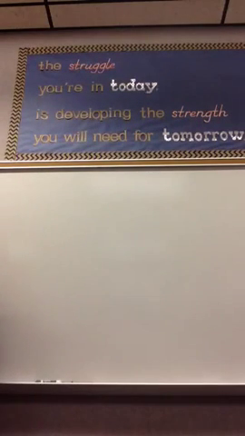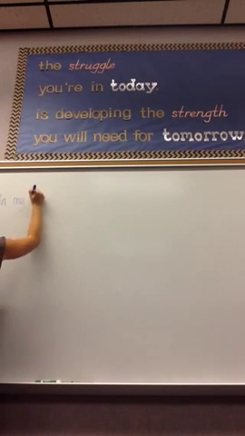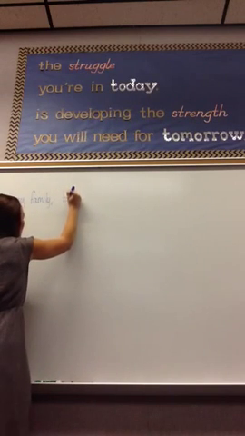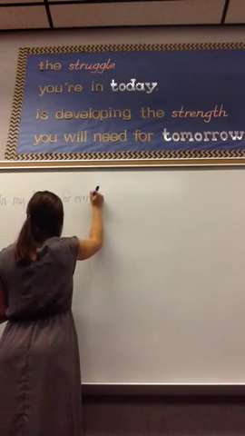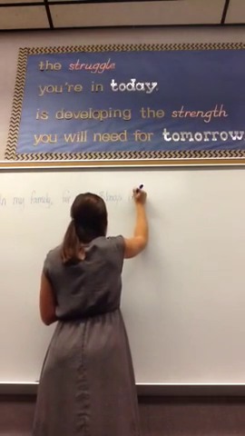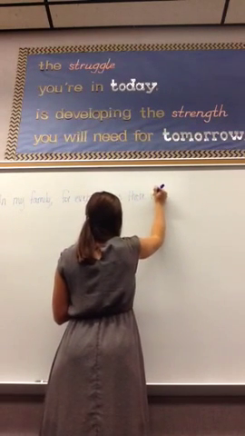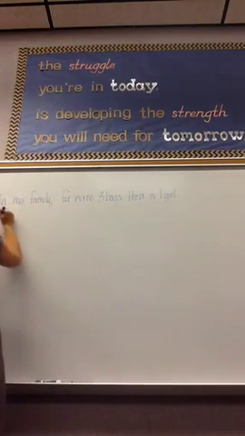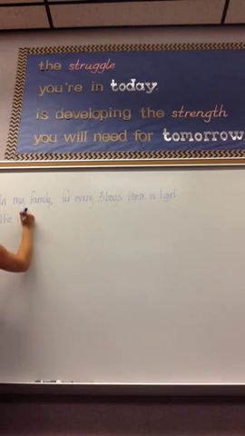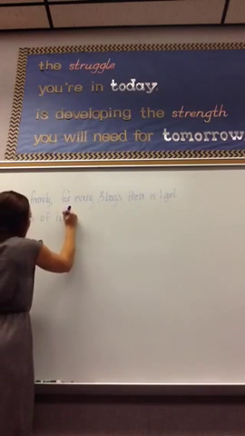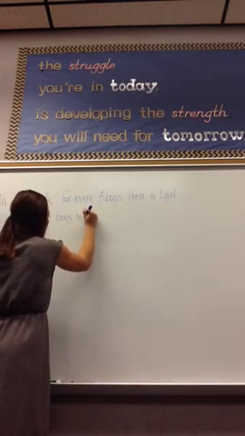An example of that would be, in my family, for every 3 boys, there is 1 girl. The ratio of boys to girls